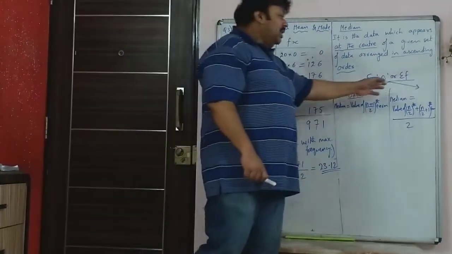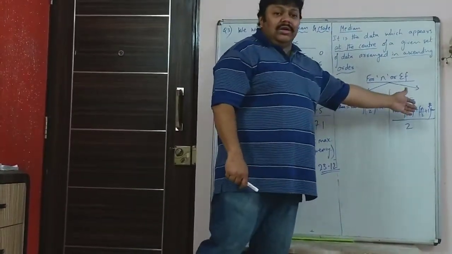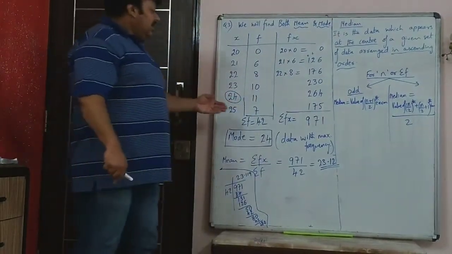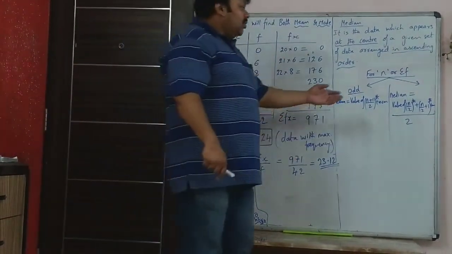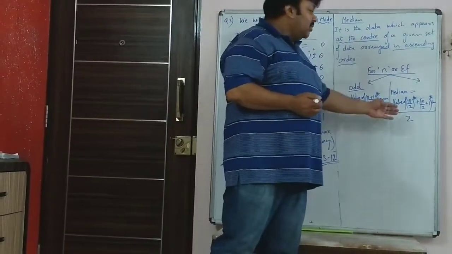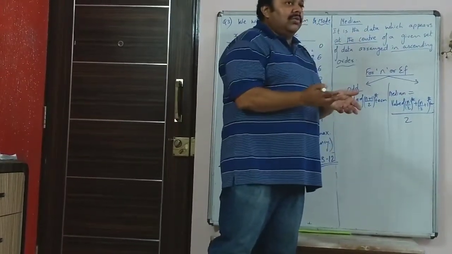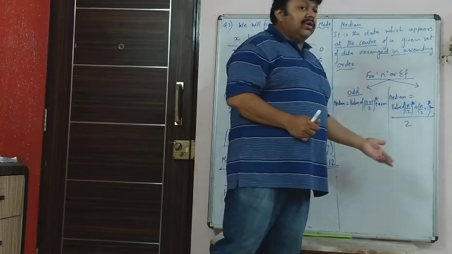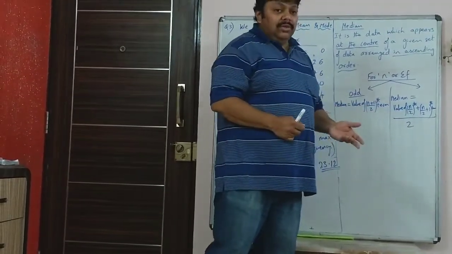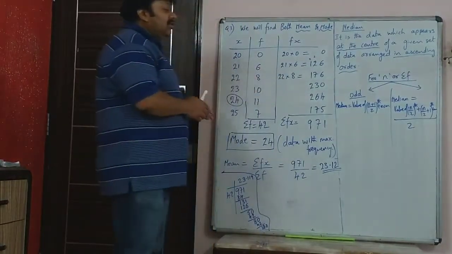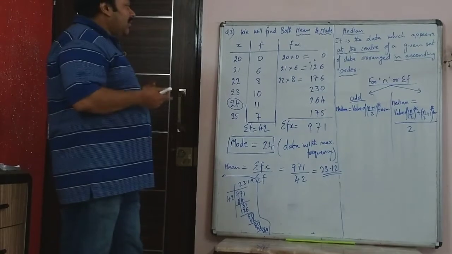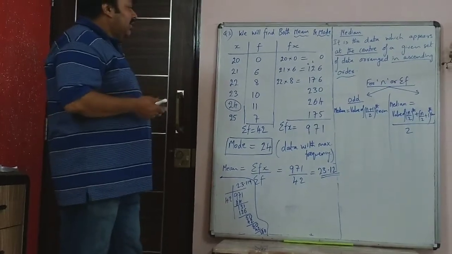So now the formula is simple, it's just a little lengthy, don't get confused, it has already been done in 9th. So in this case it is 42, so basically it is common sense. 42, what is the term that happens in the middle? 21. 42 upon 2, that is 21 and 22nd term. So 21st and 22nd term, you have to find the average. 21st term, where is it, and 22nd term, where is it?